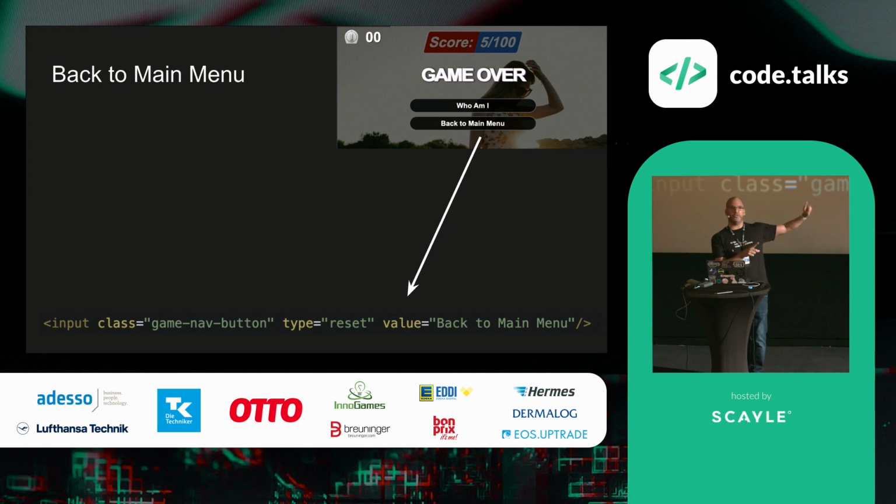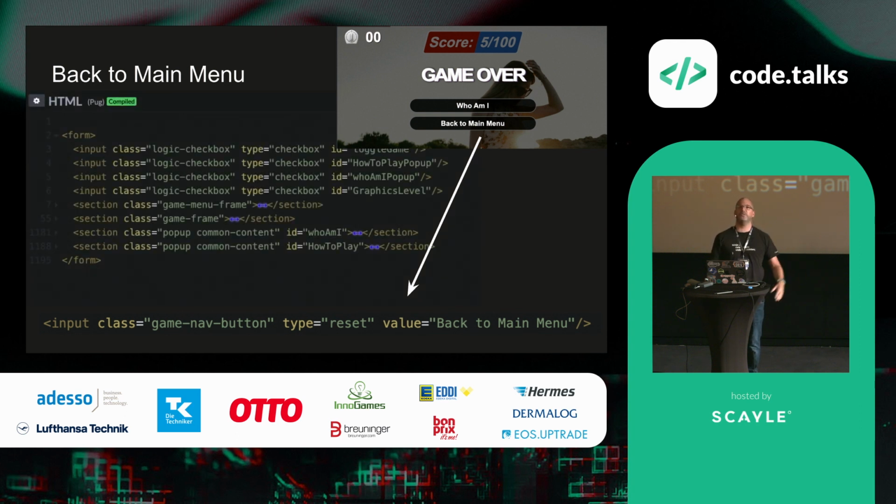And in order to reset all the radio buttons and all the checkboxes, the only thing left for me to do now is just to wrap the whole project with a form HTML element. And now when you click this input type reset button, it will automatically reset all the checkboxes that were checked to unchecked. This will bring you automatically to the game menu navigation. All the radio buttons that were checked will be unchecked. The CSS score of the game will now be 0. And now you can play this game again and again and again.